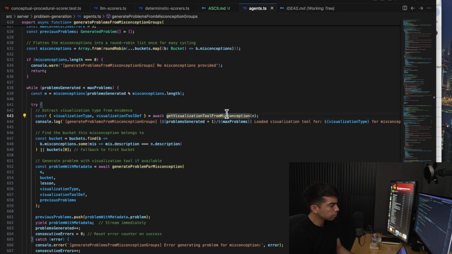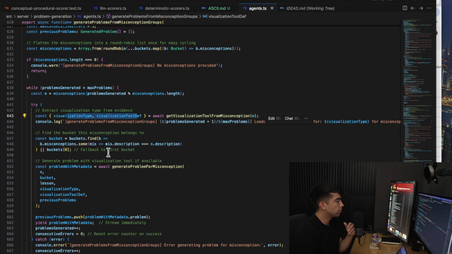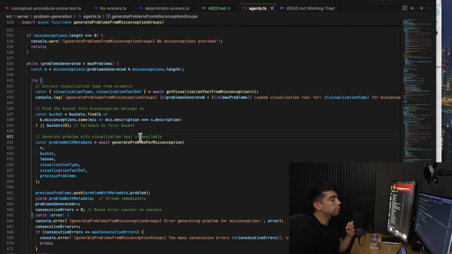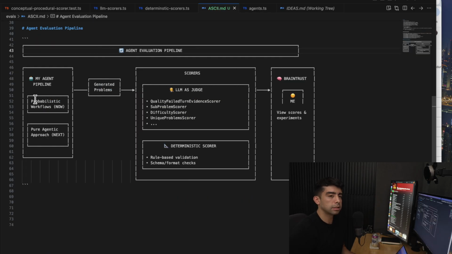And so, for example, one function might get a student misconception. That's from an LLM and outputs it into the code. And then another LLM takes that misconception and figures out what's a good way to address this misconception. It outputs in a format that I defined different ways to address that misconception. I then feed that into another function that will generate a problem for the given misconception. And so I call this a probabilistic workflow because within the workflow, there's a bunch of LLM calls. You can also just call it a workflow with LLMs within it, but this is just the name I like